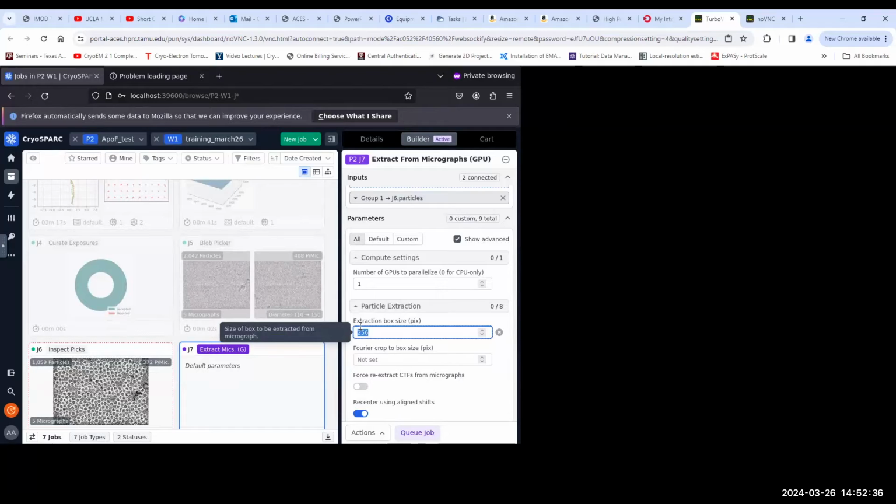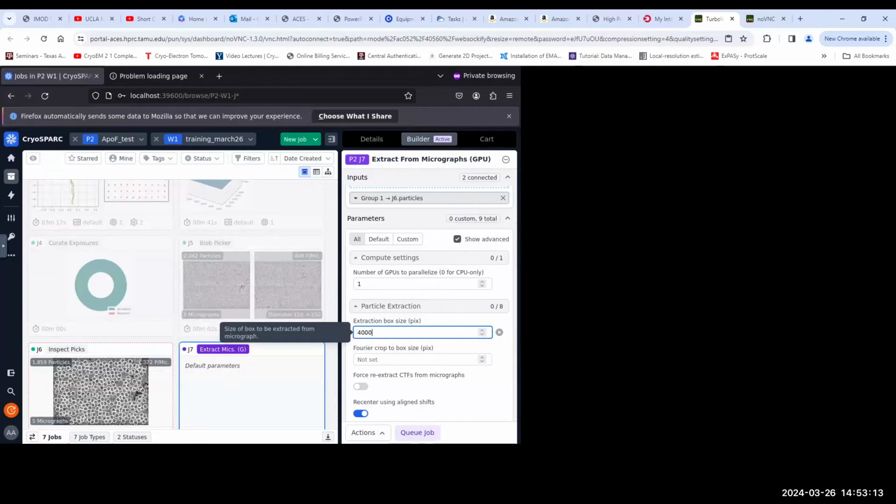The rule of thumb is at least more than 1.5 times the diameter of the particle. We know that the apoferritin is around 140 angstrom, so we want at least 200 angstrom. So you can calculate 200 divided by the pixel size 0.651. You can see at least we need around 310 pixels. So I would say three